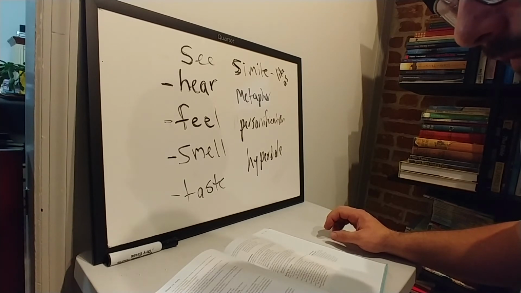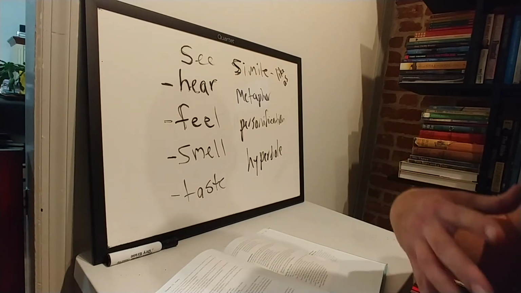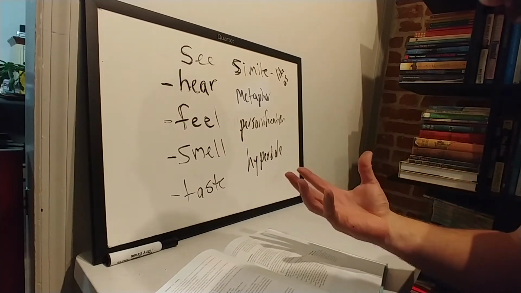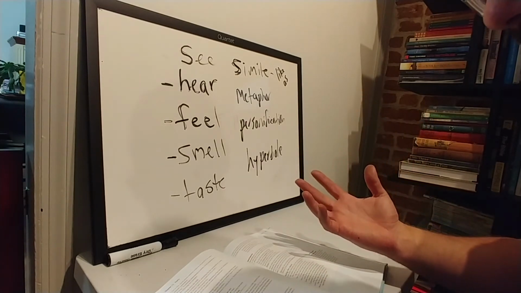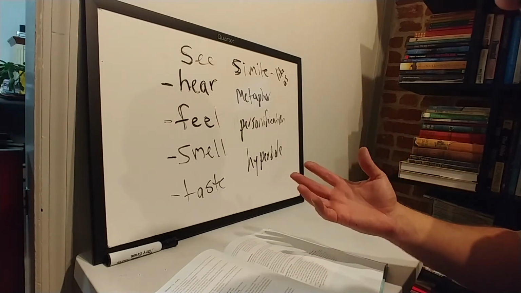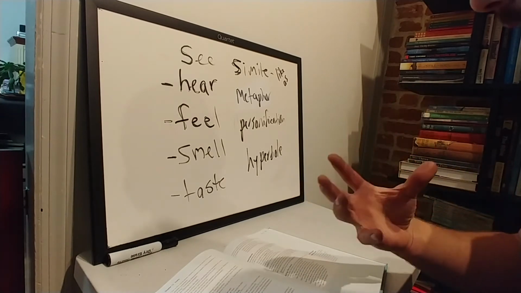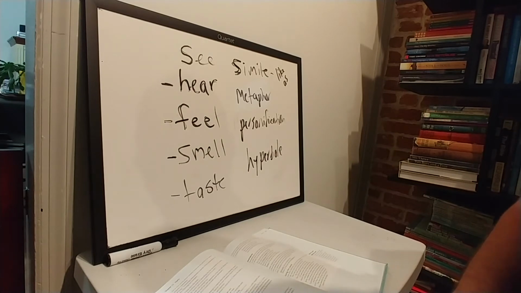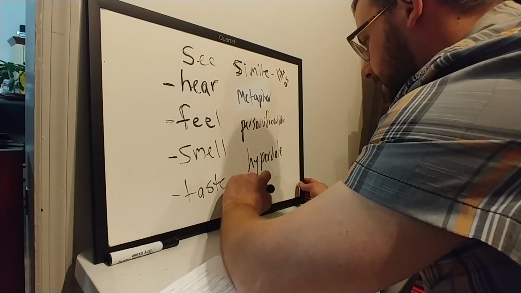Personification, you probably already know what that is, but that is when anything that's non-living has characteristics of something that is living. So if a tree waves, that's personification. Drowsily ticks the kitchen clock. A clock can't be drowsy. That's personification. Then the other one we have is onomatopoeia,